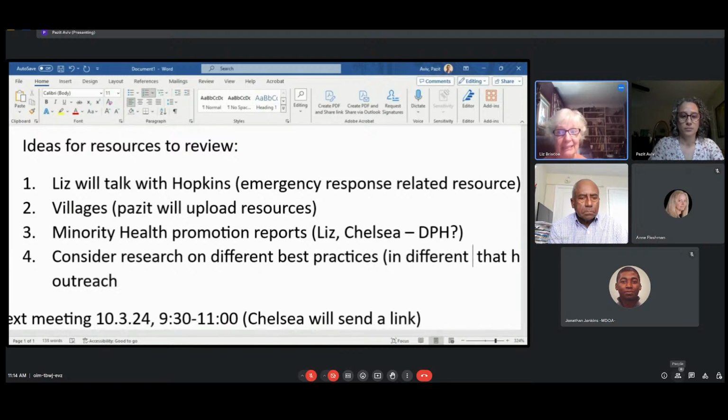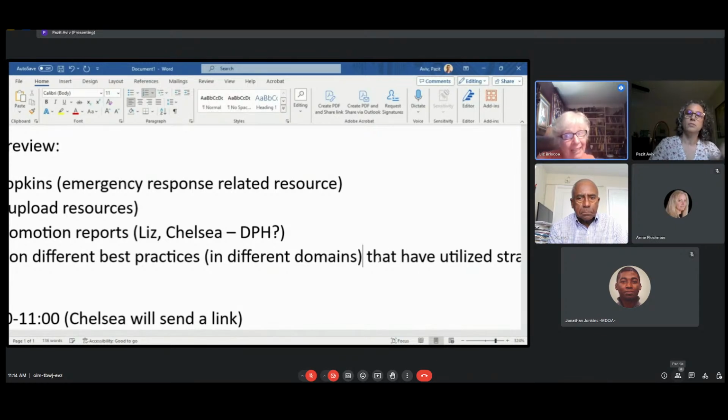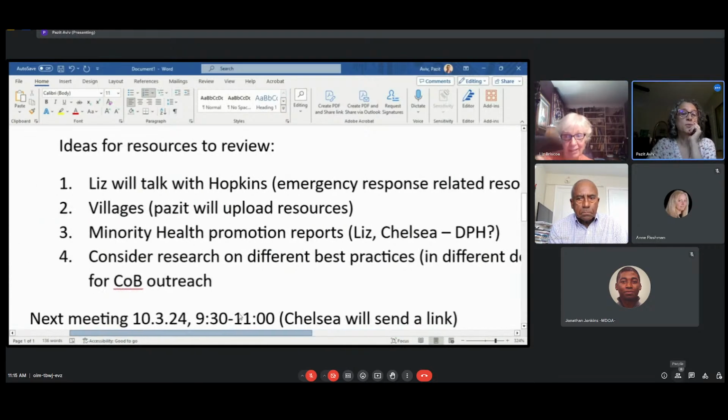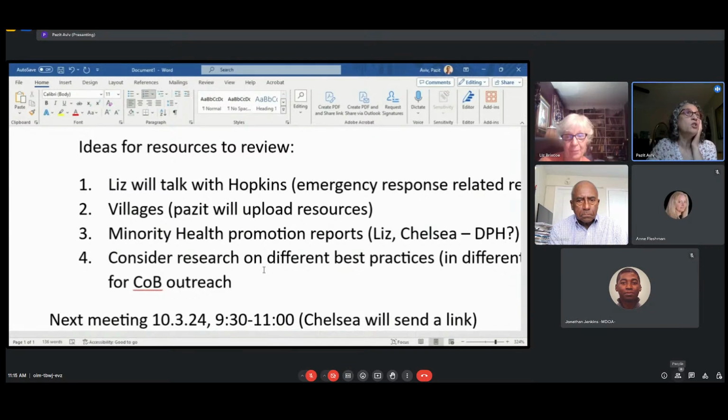So you probably need an action plan that maps a lot of this out. It's possible that what we're going to do, because I feel that other disciplines have done a better job in engaging grassroots than the aging field, is that one of our strategies could in fact be